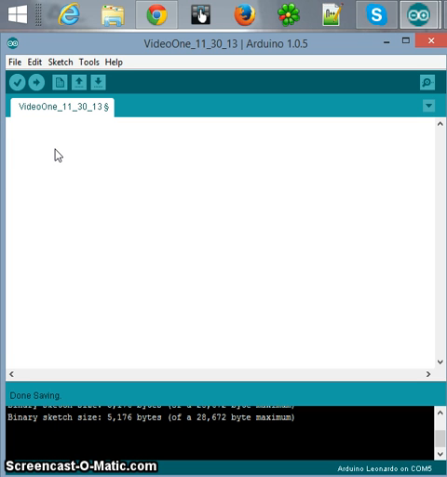The first step to doing this is to put your LED into existence. So int LED is equal to 13, and what this is basically saying is that the LED is on port pin 13, and that will lead us to the next step. Next step is void setup,